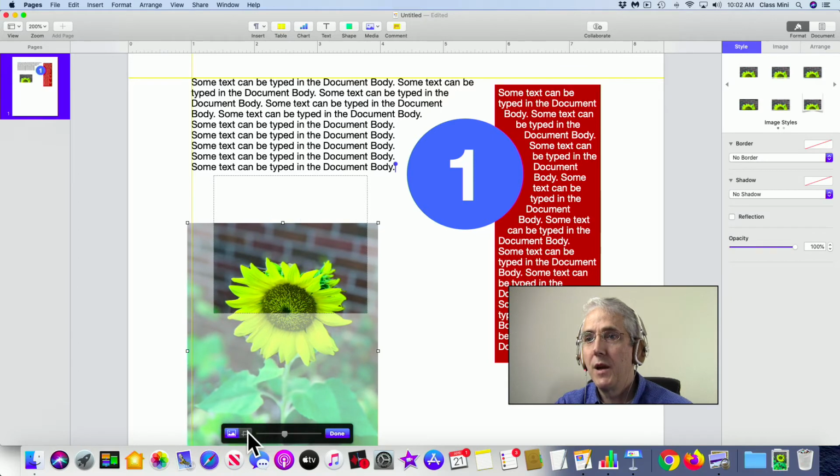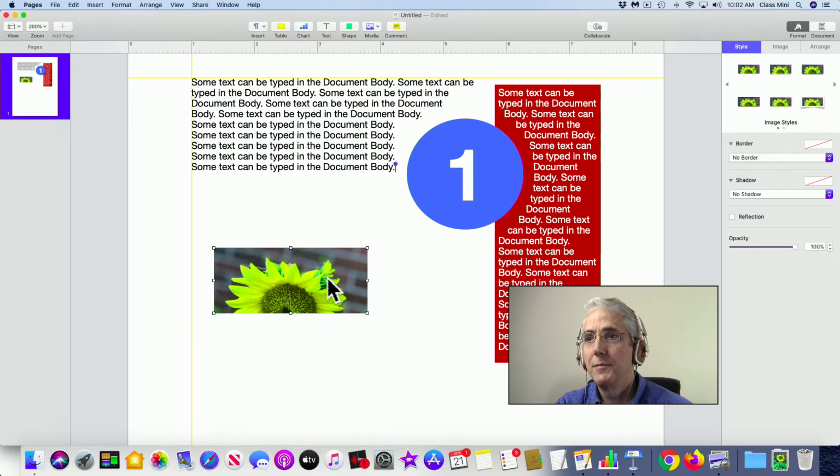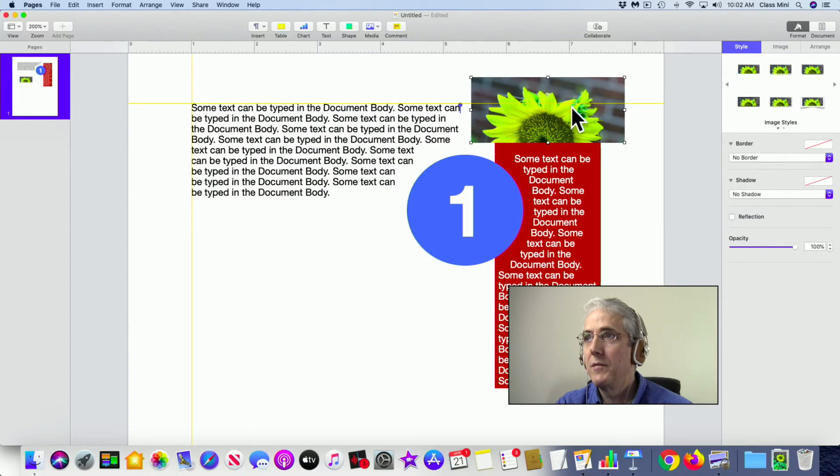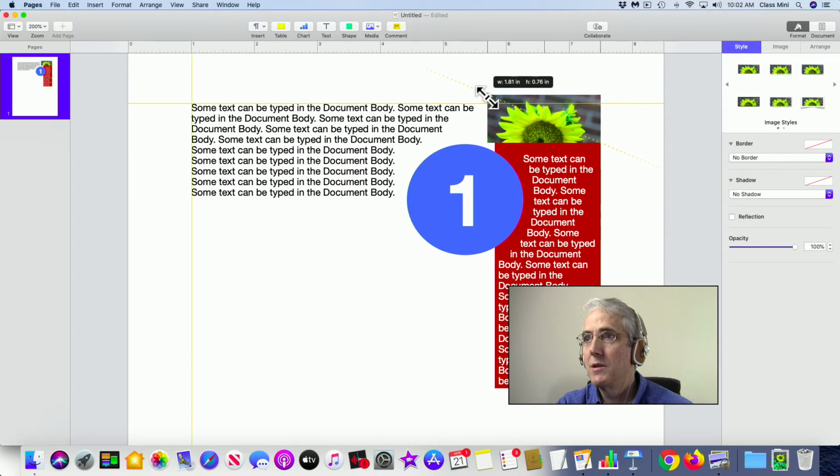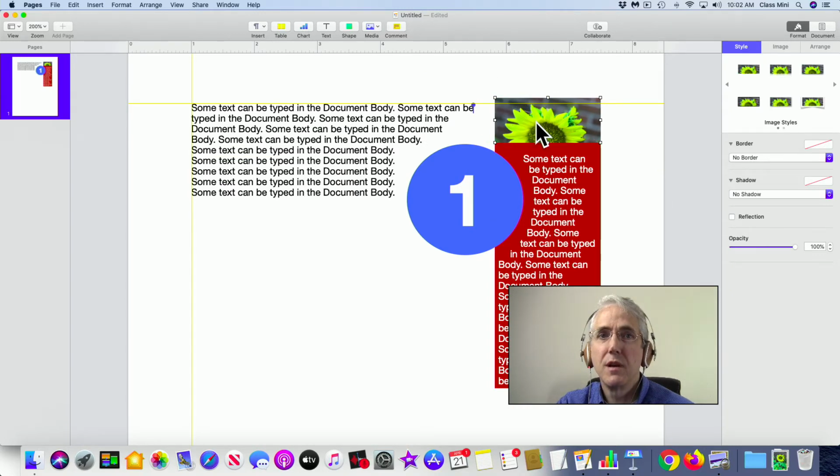And I need to switch back over to the crop tool, and we'll come down here. Maybe I wanted that kind of a look. I'll click done. Maybe I want this at the top of this little sidebar here, and we'll resize that to be the size of the sidebar. So you can do some pretty cool things with images. All your images can be dragged and dropped from the media section into your document. And